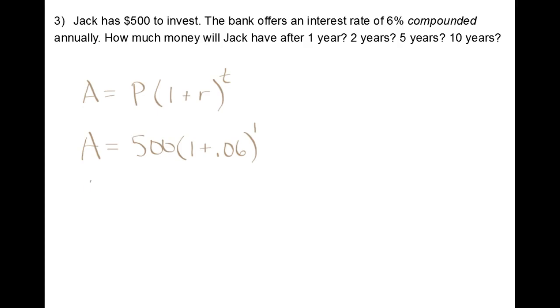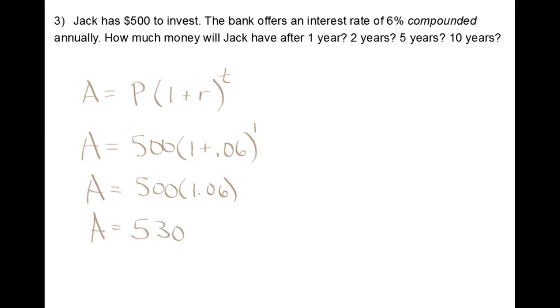Now this should start to look really familiar. You might be thinking, hey, this looks like the geometric pattern that we did last time. And you would be right. So this is 500 times 1.06. And get a calculator and we get a nice clean